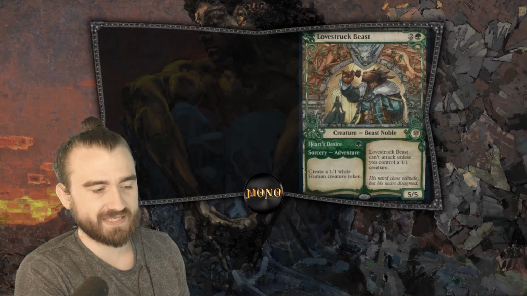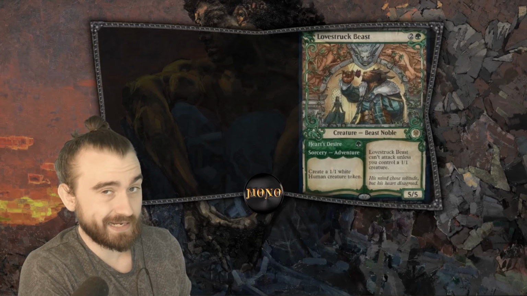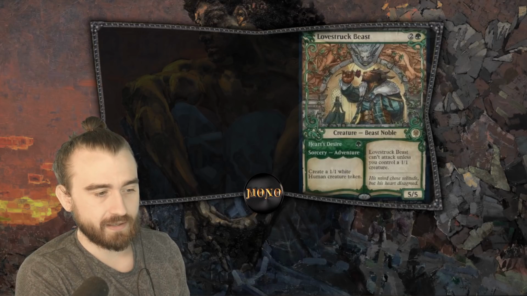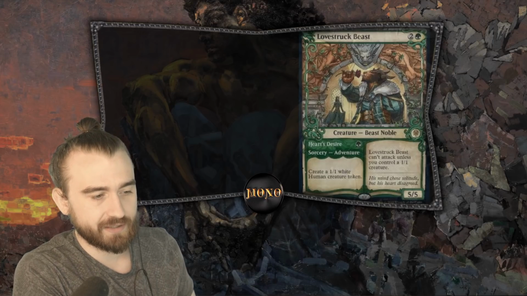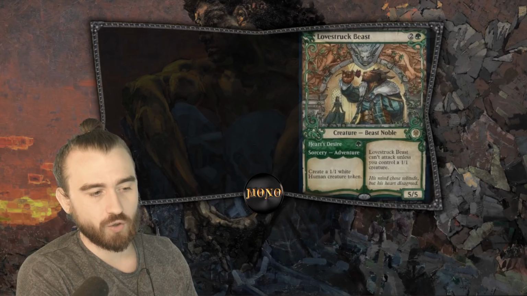So Lovestruck Beast, is he any good? Well, it kind of depends on how Heart's Desire works. They haven't spoiled yet how this mechanic works, at least I haven't seen how this mechanic works yet. So it seems like it's an ability you can use to get a 1/1 creature token, but we don't know how